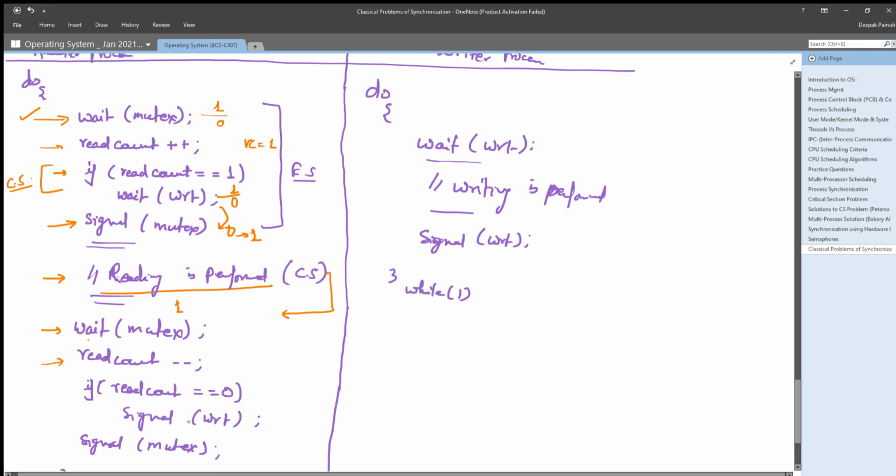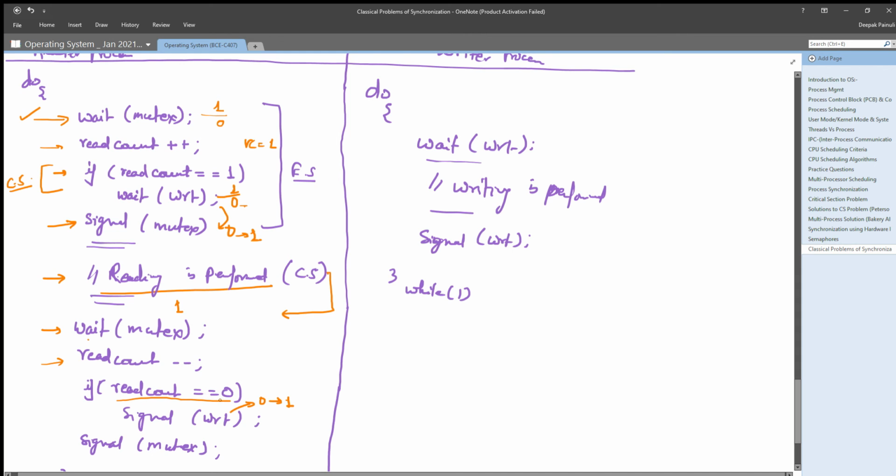It will simply signal WRT. Signaling WRT means currently the WRT value is 0, and it will be 1 after this statement, because it has understood that no other reader process is reading. That's why it is getting read count as 0.